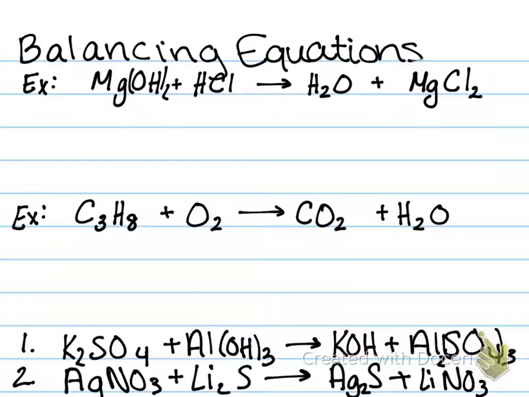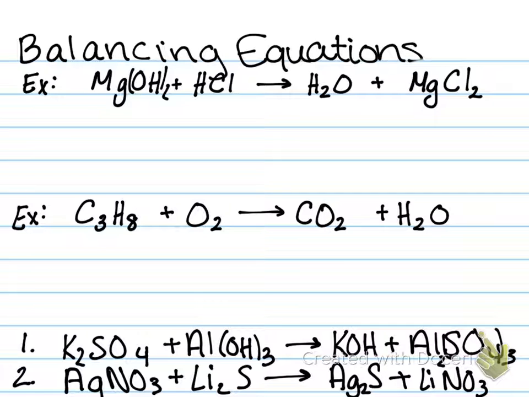In this video, we'll be looking at ways to balance chemical equations. When you balance an equation, the thing you're trying to do is get the same number of each type of atom on each side of the equation. In our first example, we can see that we have magnesium hydroxide reacting with hydrochloric acid to produce water and